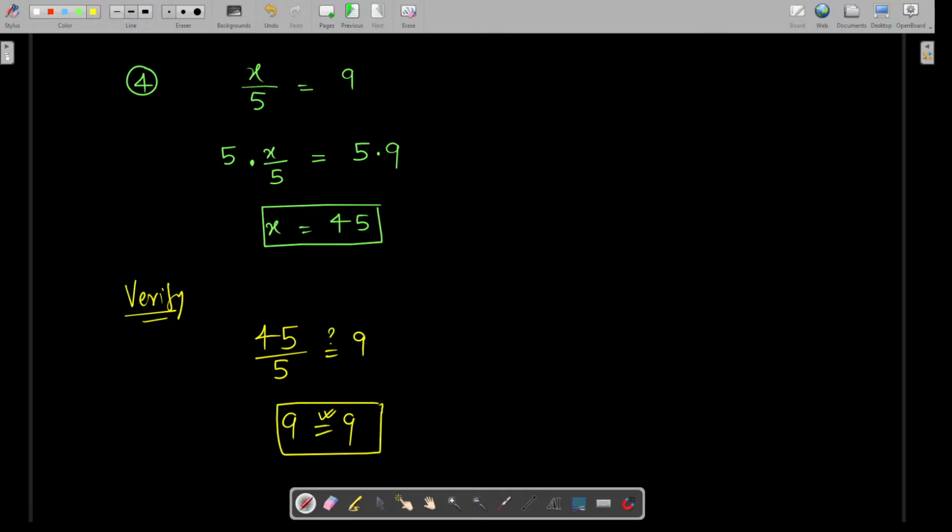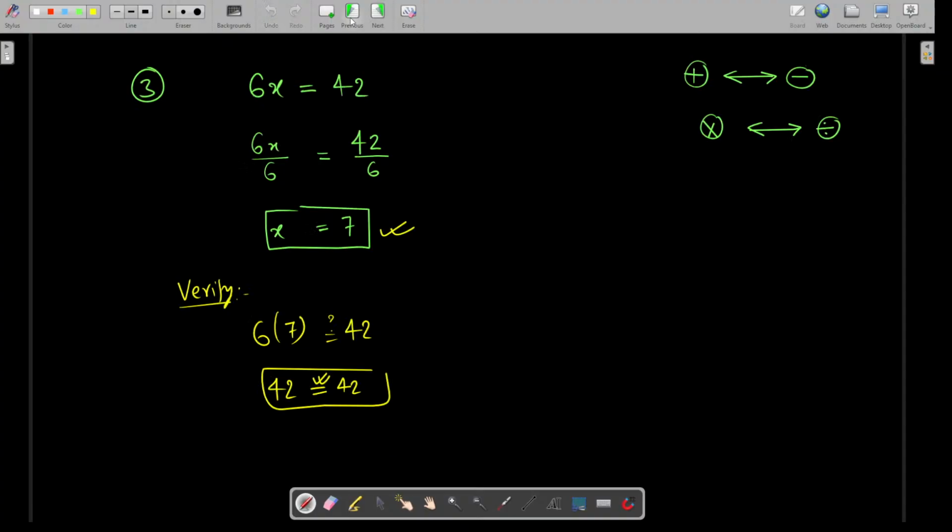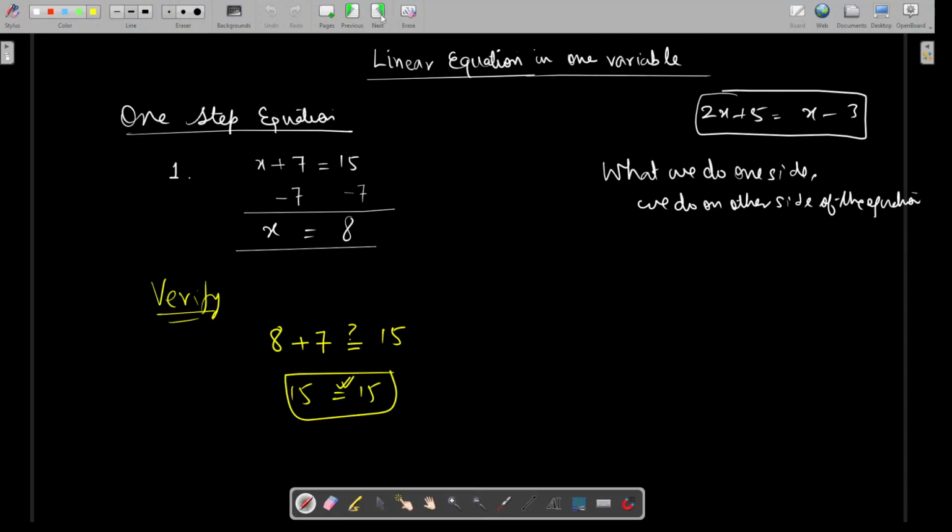So I know these types of equations that we just discussed, the 4 different types of equations, are the very fundamental types of linear equations with one variable, and you might already be familiar with these. But since I want to make a complete tutorial on this particular topic, I'm starting from the very basic level, okay? And I hope you will bear with me, and slowly and gradually we'll be moving on to the difficult, advanced level, okay? So the next type of question that we can have is